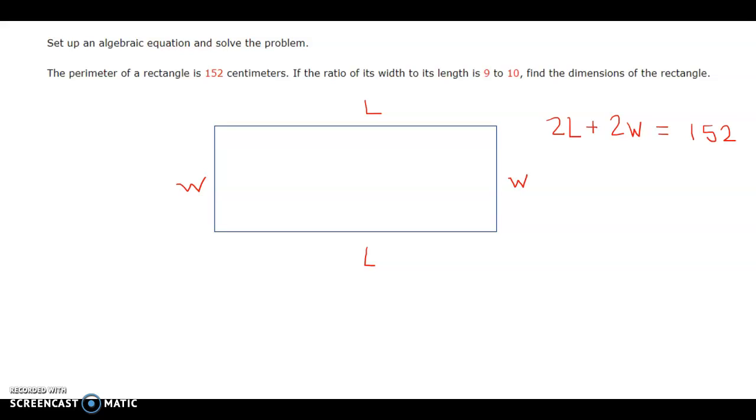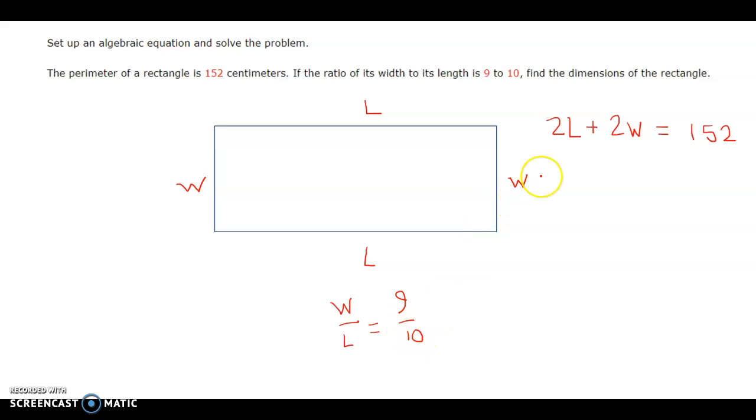So here's an example of an application problem to what we're doing in lesson 4.6 that involves solving rational equations. We're told that the perimeter of a rectangle is 152 centimeters, and we know that the ratio of its width to its length is equal to 9/10. So we know W over L is equal to